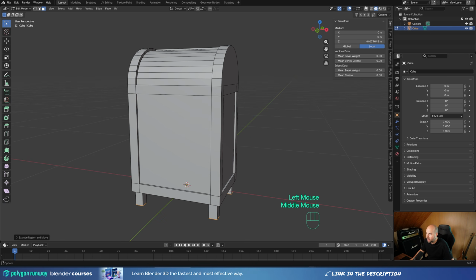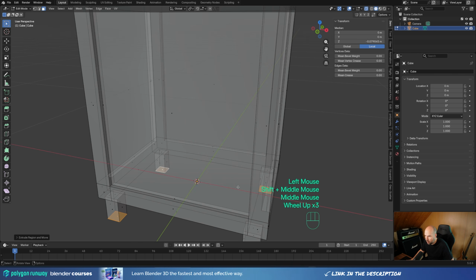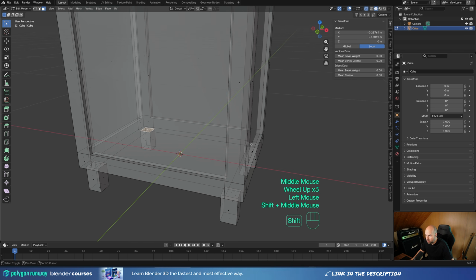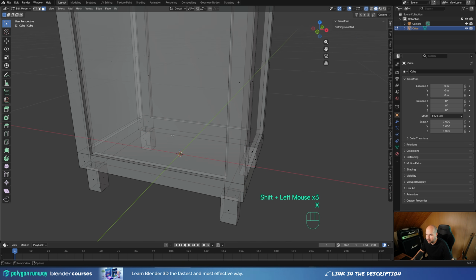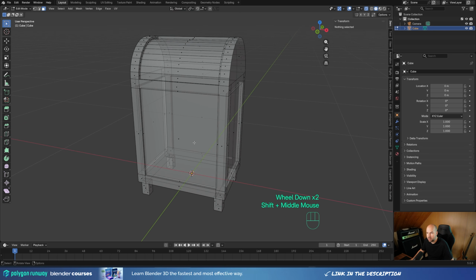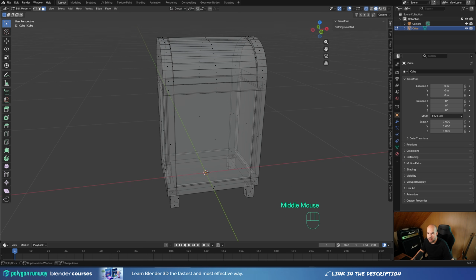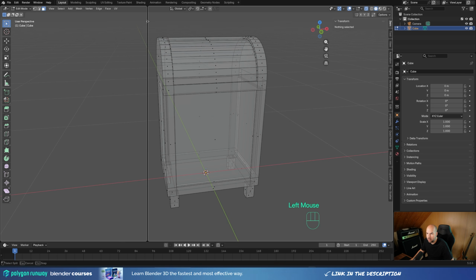And now let's enable X-ray view, and here we'll select these top faces, we don't need those, and press X and delete. And now before we start texturing, we need to UV unwrap this, so let's drag a new window